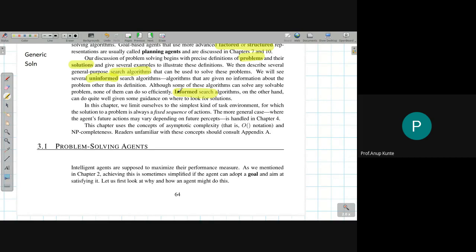So this is the theme of the set of lectures that are about to come. We'll be talking about what we mean by an AI problem, and how the AI problem is represented before it is solved. Then once the AI problem is represented and ready for application of a solution technique, we are going to learn search algorithm based solutions. There are two distinct kinds of search algorithms: uninformed search algorithms and informed search algorithms. So this is what is going to come along our way.